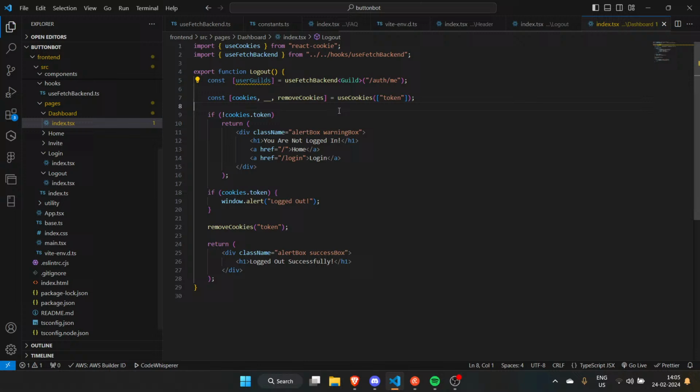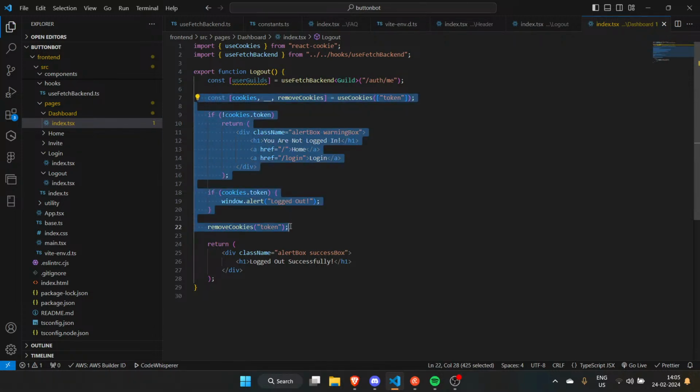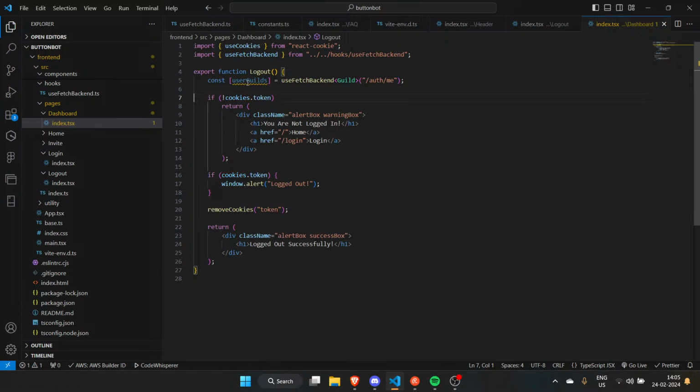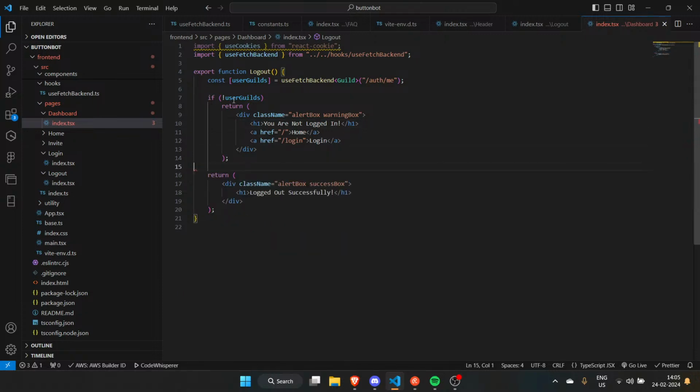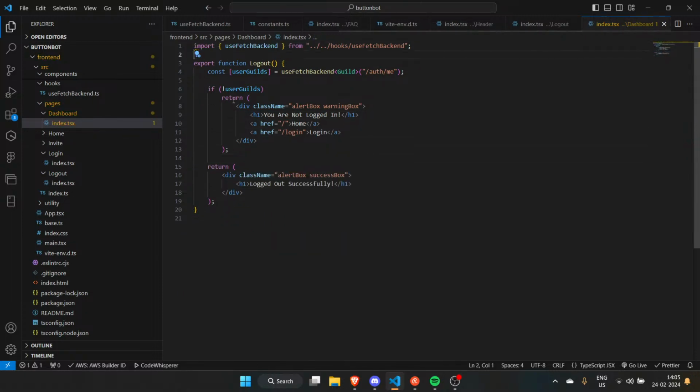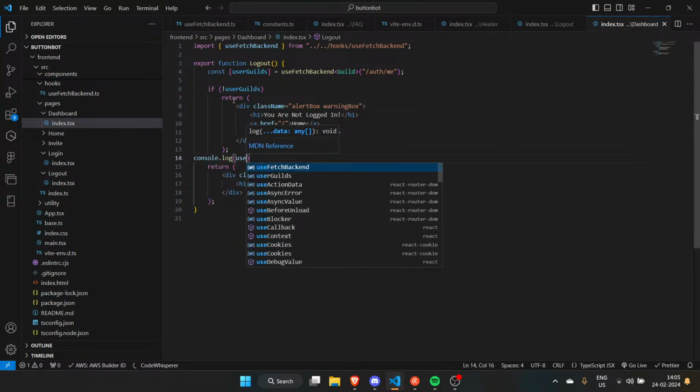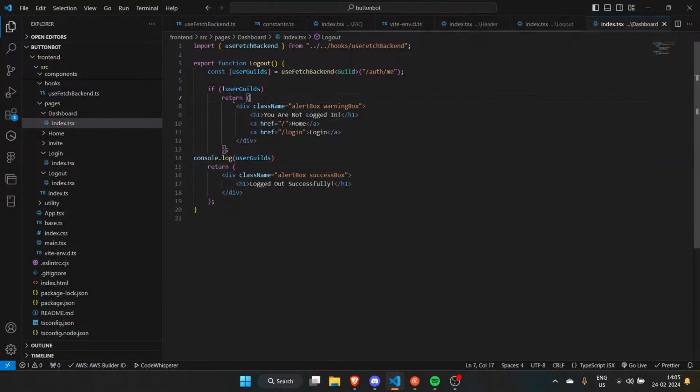So I guess if not user guilds, then we just say you are not logged in. Otherwise, we actually do some stuff, right? I like to console log the user guilds. Array.isArray, that will be a better one.